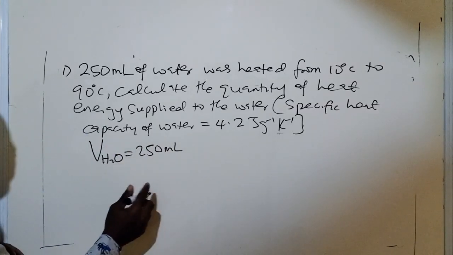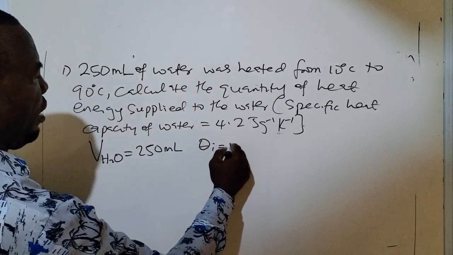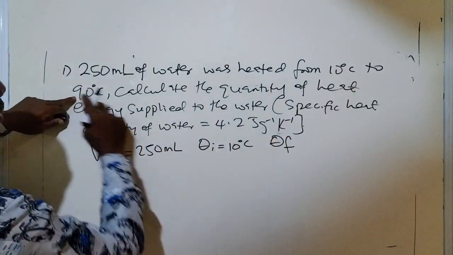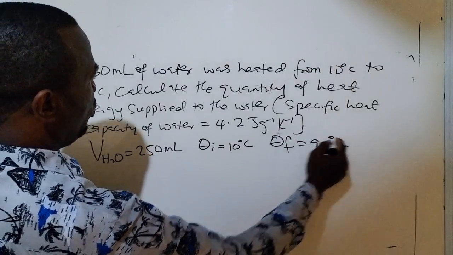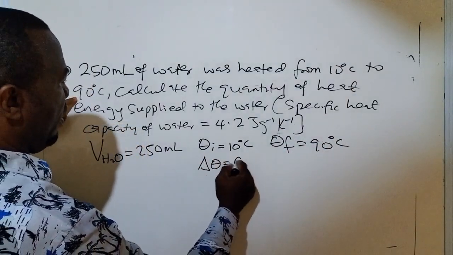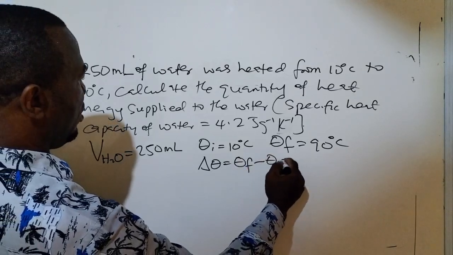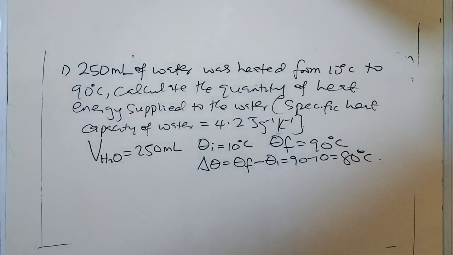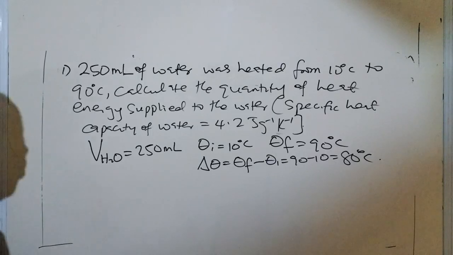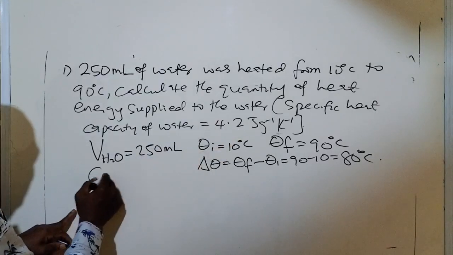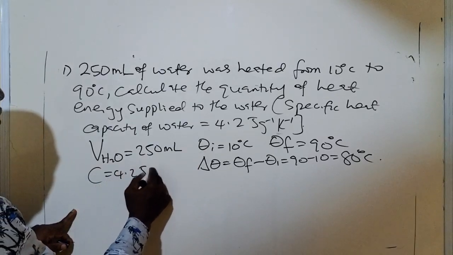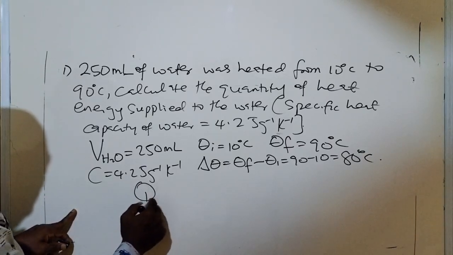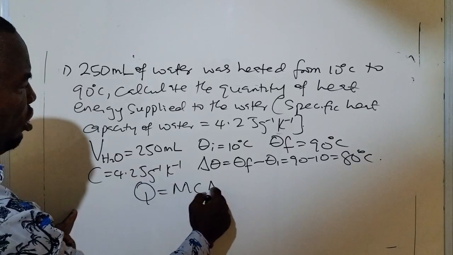And then the initial temperature of water as 10 degrees, the final temperature of water as 90 degrees. So the change in temperature becomes the final minus initial, which is 90 minus 10, which is 80 degrees. So having done that, we're given also the value of the specific heat capacity of water, which is 4.2 joule per gram per Kelvin. To find the heat supplied to the water, we're going to apply the formula MC, change in